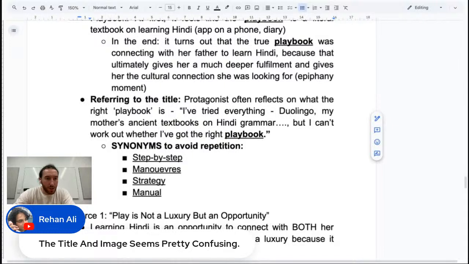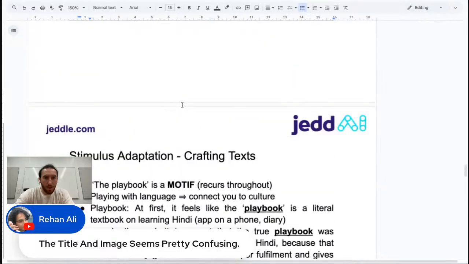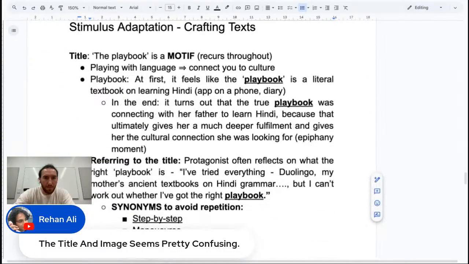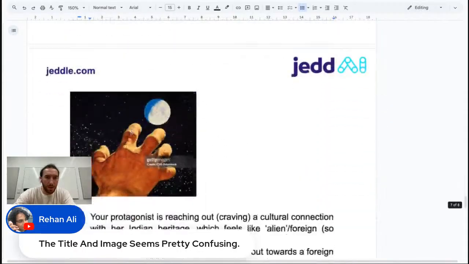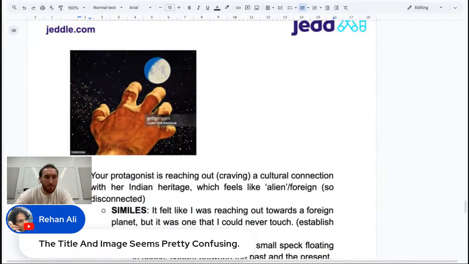So Rohan says the title and image seem pretty confusing. How do you mean? So the title is the playbook. The image is the reaching out to connect with what feels like a very alien culture. Make sense?